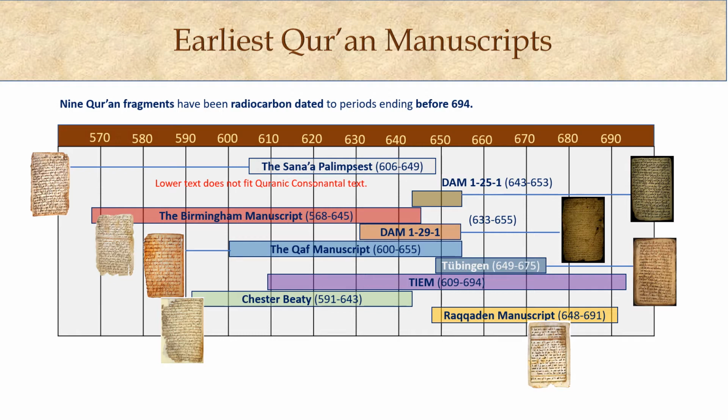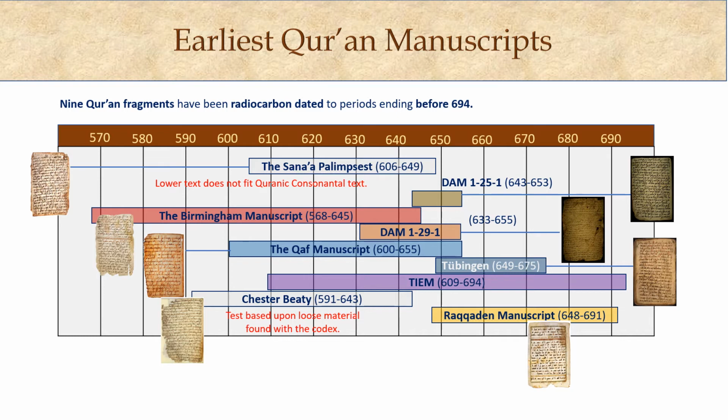To be strictly accurate, we should also disregard the Chester Beatty manuscript, that's the green rectangle towards the bottom of the screen. This is because what was tested in that case was not the parchment upon which the actual Qur'an was written, but loose pieces of parchment that were found with it. These probably were part of the manuscript. However, out of an excess of caution, this also will be disregarded. This leaves 7